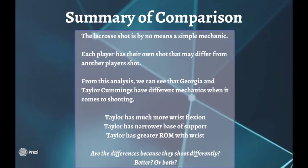So in conclusion, this presentation analyzed the qualitative and quantitative differences between Taylor Cummings and Georgia's shot, especially seen with the kinematics and angle plots. The major differences we want to touch on about their shot were that Taylor had much more wrist flexion, Taylor had a narrower base of support, and Taylor had a greater range of motion with the wrist. Now, with women's lacrosse, there are so many different shots, different sticks, different pockets that affect